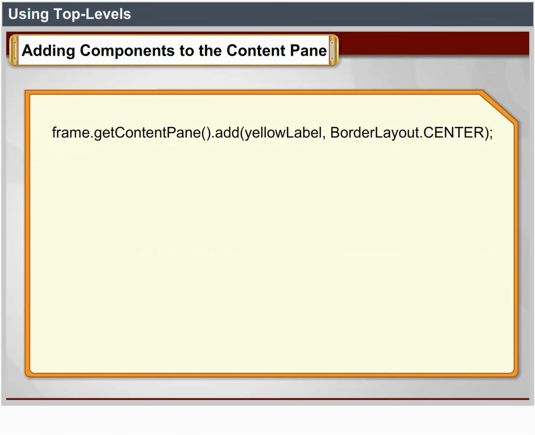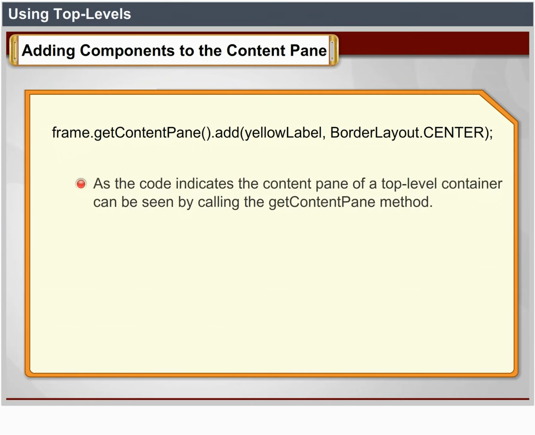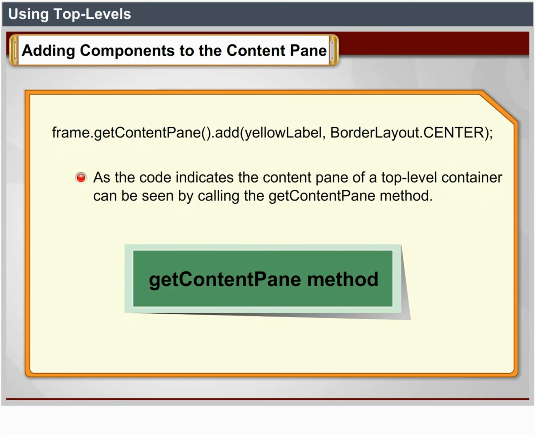frame.getContentPane().add(yellowLabel, BorderLayout.CENTER). As the code indicates, the content pane of a top-level container can be obtained by calling the getContentPane method.